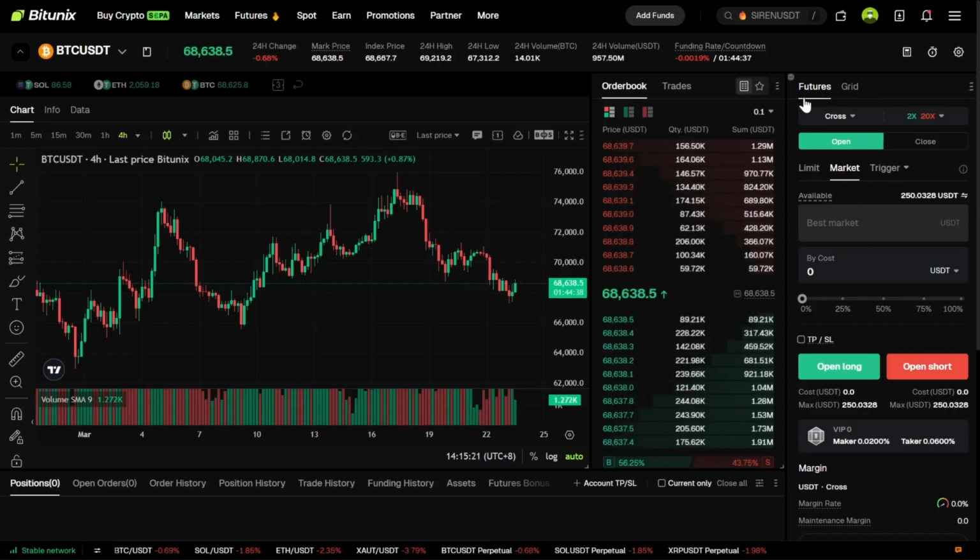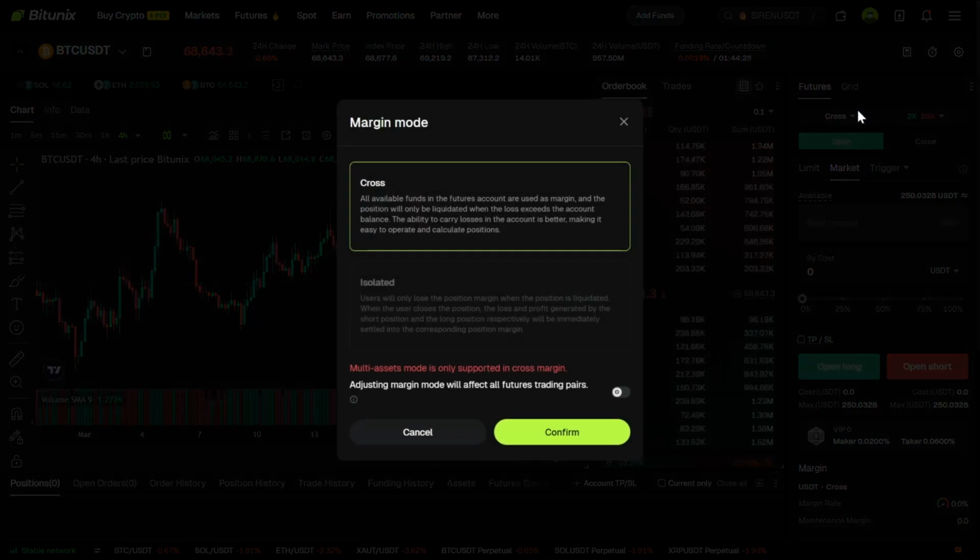Here we can see futures and grid. In this tutorial, we are not going to go over grid, as it's just a futures trading tutorial. We have cross and our leverage. If we click on cross, we can see that there are 2 margin modes, cross and isolated. As we do have multi-asset mode enabled, we can only choose cross, but if we still want to understand the